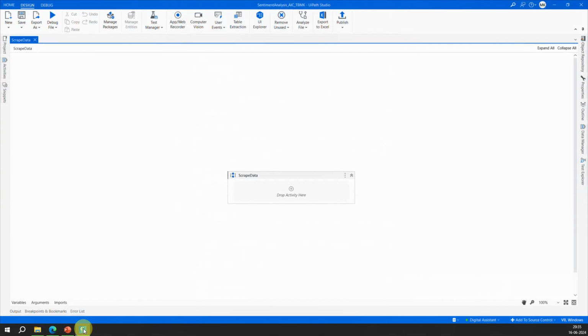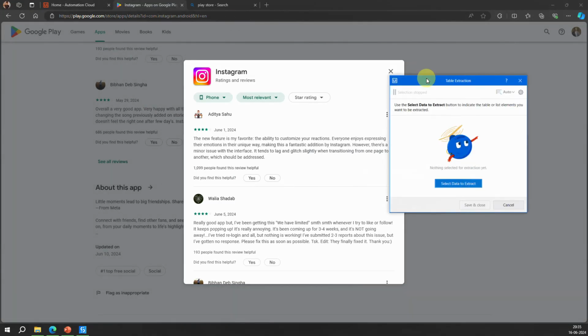So I'll go back to my UiPath Studio and click on this button which is called table extraction, right? Since we are in the modern design experience, which is the default experience in UiPath, you should have this same window. In case you are not having this, chances are you might be in the classic design experience. So how do you convert classic to modern? What are the benefits of modern? Again, all of that is covered in the modern experience series. But mostly you would be in the modern design because that's the default experience. So I'll click on this button which is table extraction. When I click on the table extraction, a small window pops up. It asks me to select the data I want to extract, and you can see that this is all structured